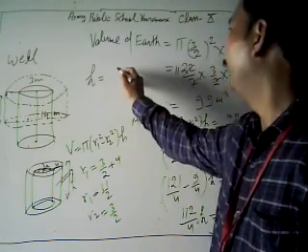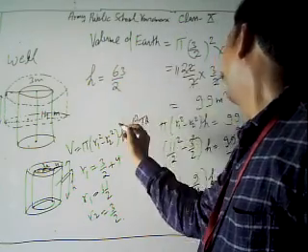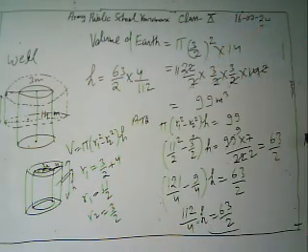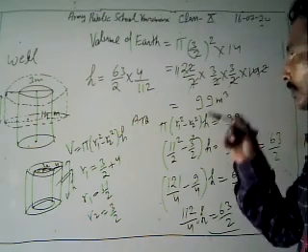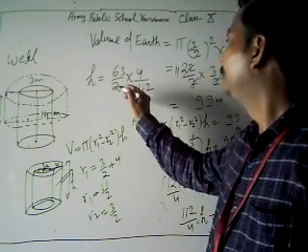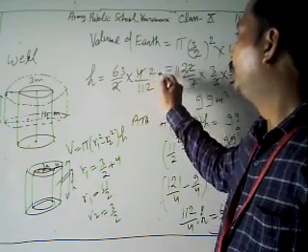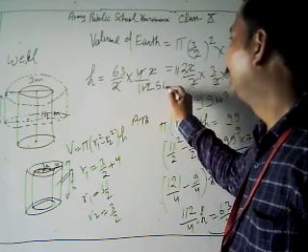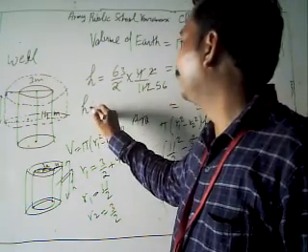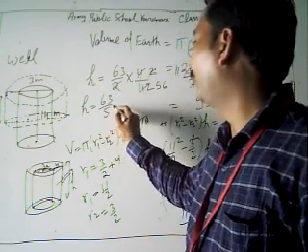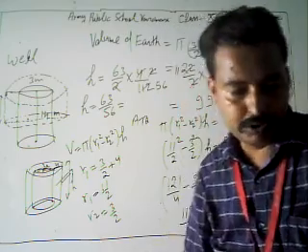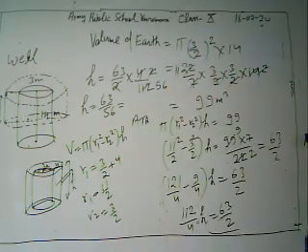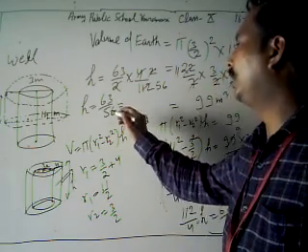Our h is calculated by 63 by 2 into 4, 112. Now look, 2 2s are 4, then we have 2 5s are 10, 2 6 12. Then height is what? It's 63 upon 56. Now look, our height is given by 63 upon 56. Further we can solve it.